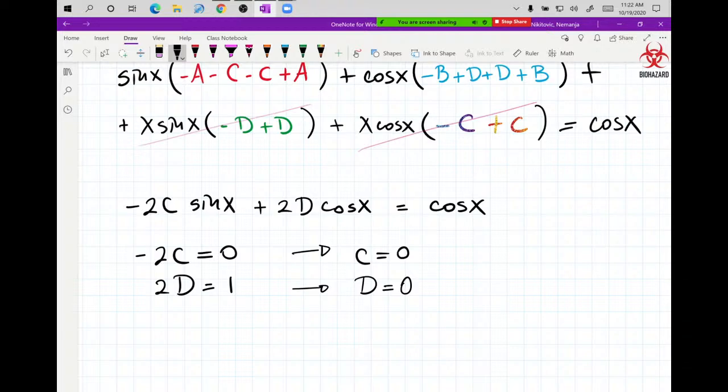I think that's good. No, d equals a half. What am I talking about? There we go. D equals a half. So now,